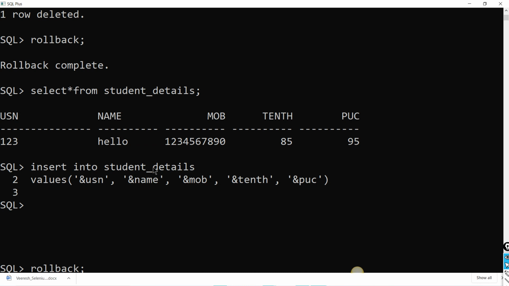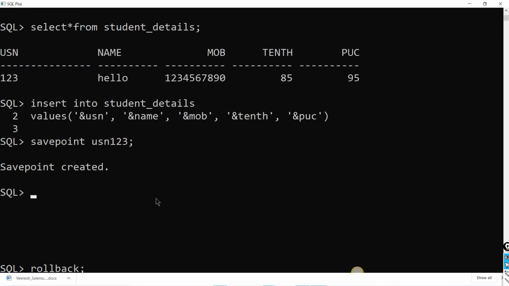It should end with a semicolon in order to insert the values. However, I want to first save it as savepoint USN1. Savepoint is a keyword, and USN123 you can give any name, a user defined name. So it is saved now.